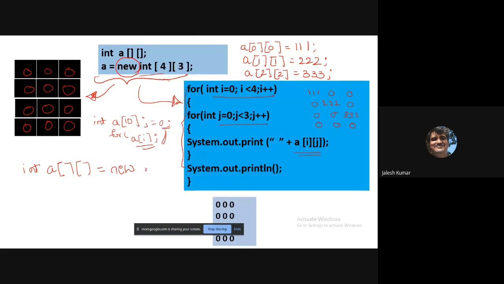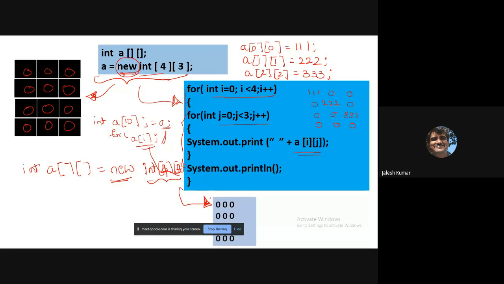It is of type int and the size you mentioned, 4 cross 3 or 3 cross 4, whatever it is. Along with this, the particular location is initialized to 0. That's why when you print this, even though you did not explicitly assign any zeros, by default it will initialize 0. That's why the output you are getting is with these zeros.